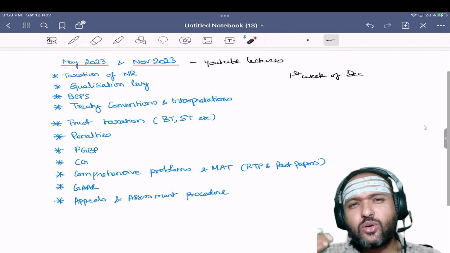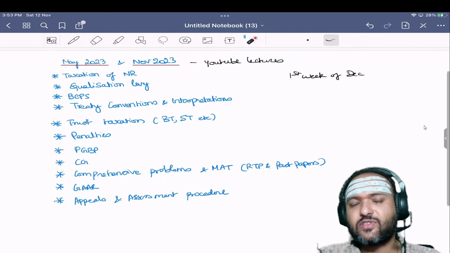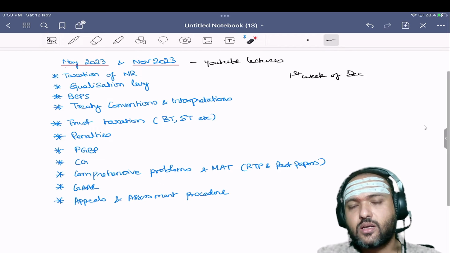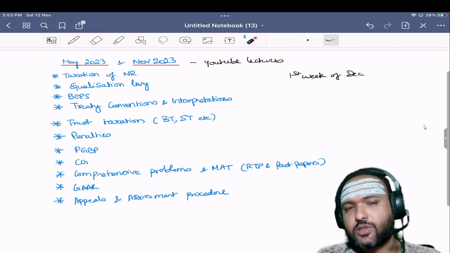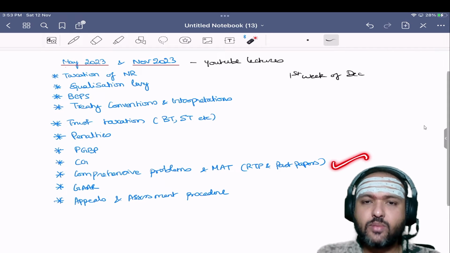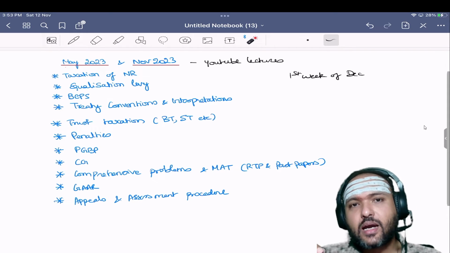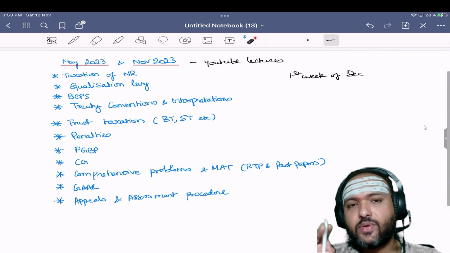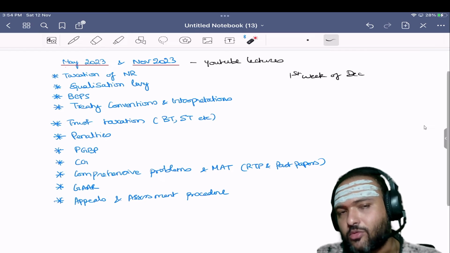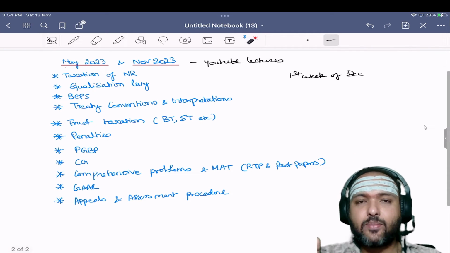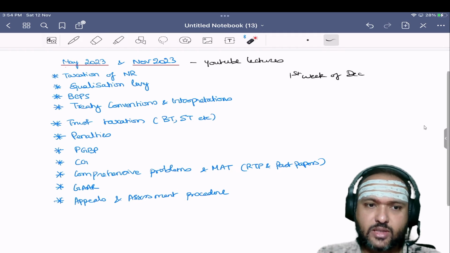Then I want to tackle a number of problems from the past examination papers, MTPs and RTPs, to see how to go about presenting the answer, how to understand the intention of the question, how to answer, etc. But when we solve these problems, we will be doing it from the current attempt's amendment standpoint. So when you come over to the classes or when you come over to the YouTube lecture, you will be able to relate better, because that is the amended provision that we are going to apply for solving these problems.